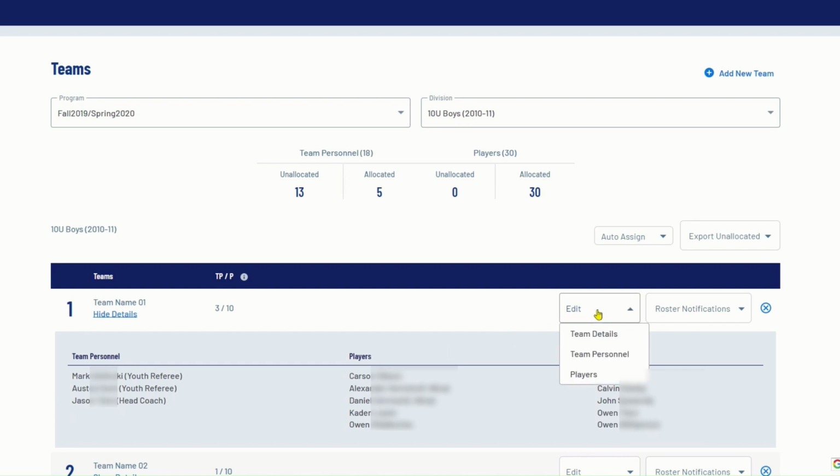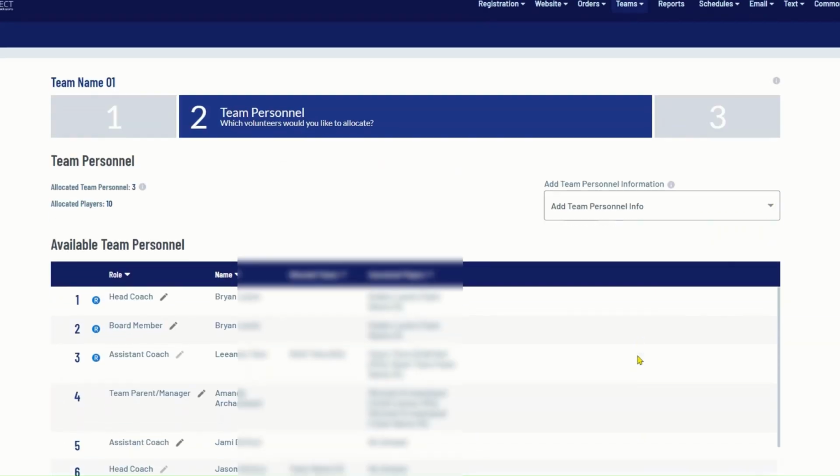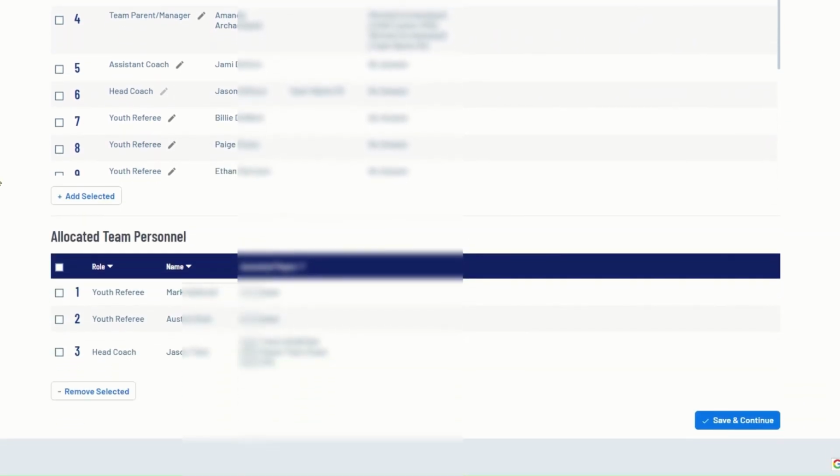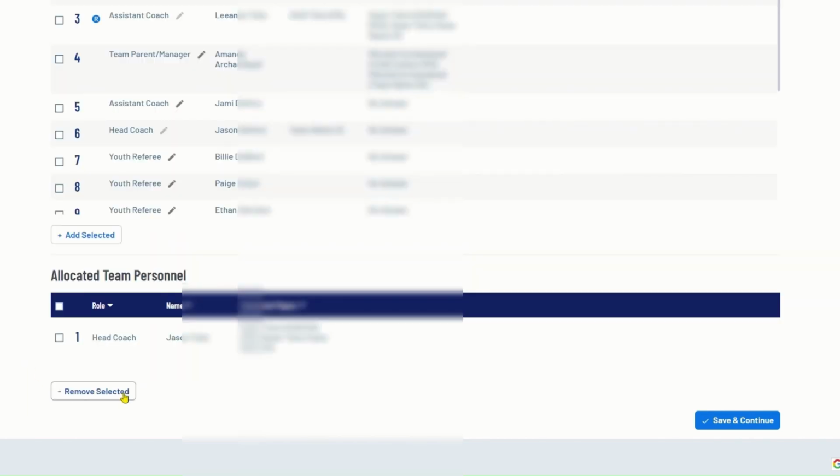Choose Edit, Team Personnel, and here you'll display Available Team Personnel. If you scroll, you'll see the allocated team personnel. We're going to choose the checkboxes next to both youth referees, remove selected, and you'll see they're no longer allocated to the team. Choose Save and Continue,